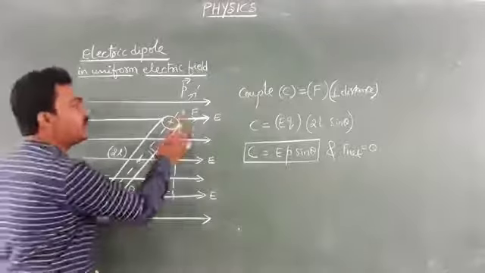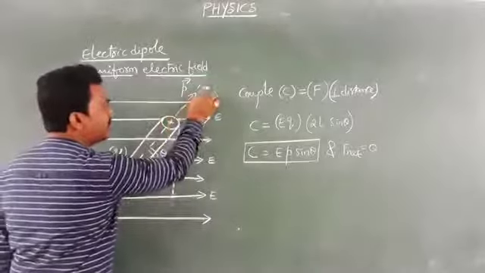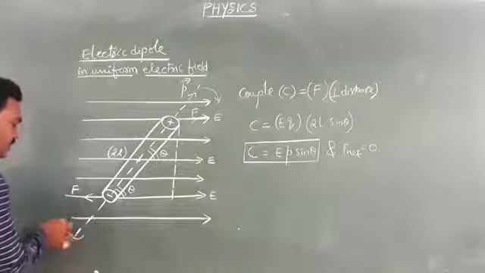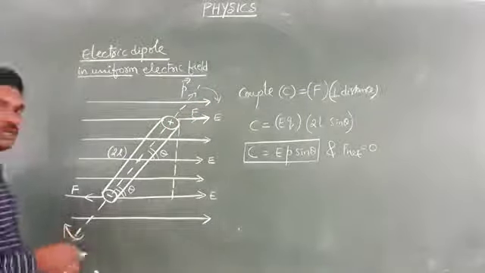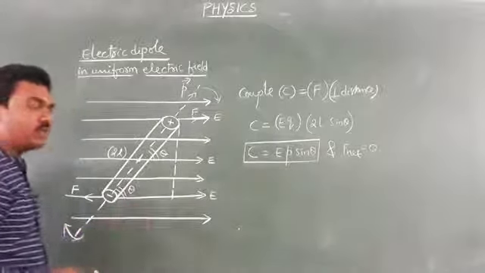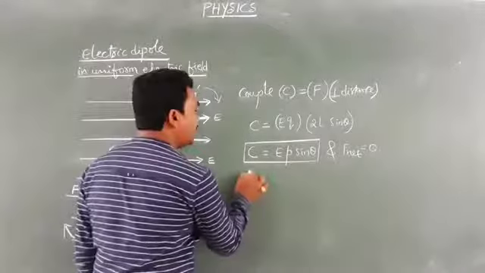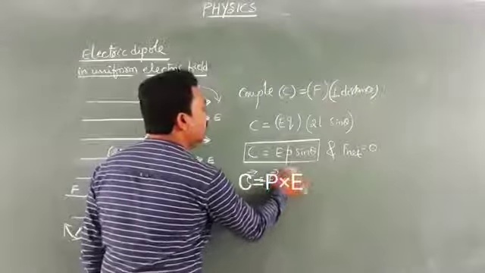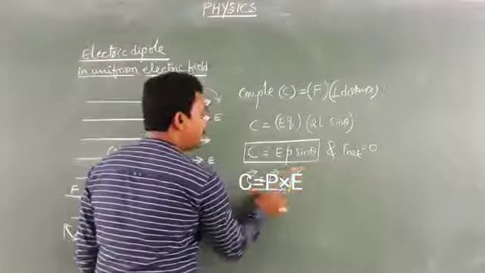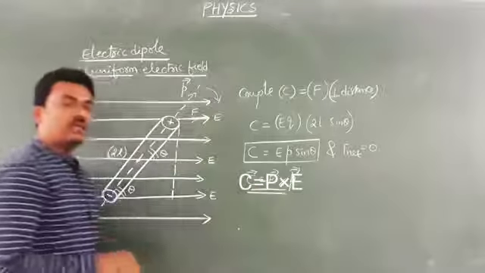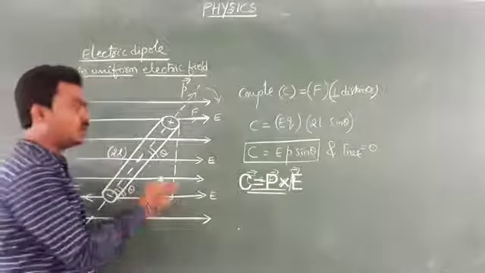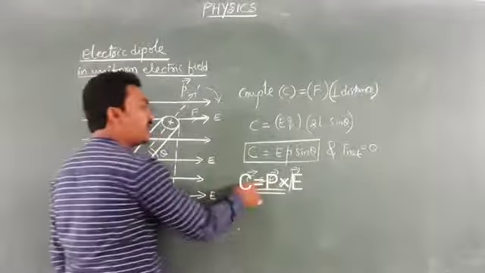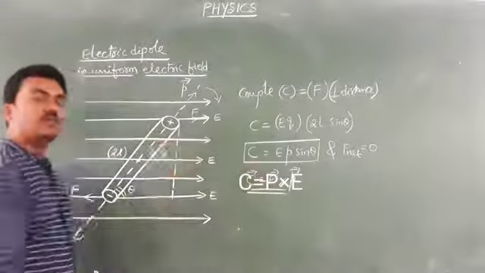Because of the couple, your dipole is going to rotate like this. So you don't expect that it is in rotational equilibrium. It is under translatory equilibrium. Apart from that, you can write the vector form of the couple, which is p bar cross E bar. The direction of p bar cross E bar can be given by the right hand rule. You know how to get the direction of the cross product: curling your fingers from p bar to E bar.